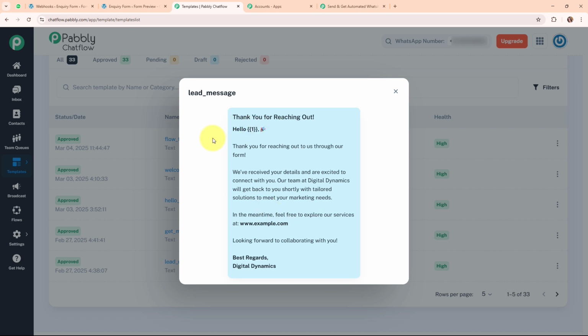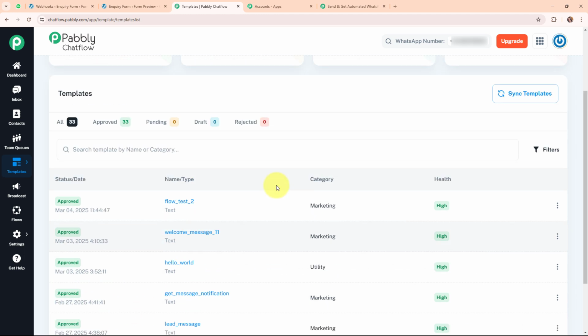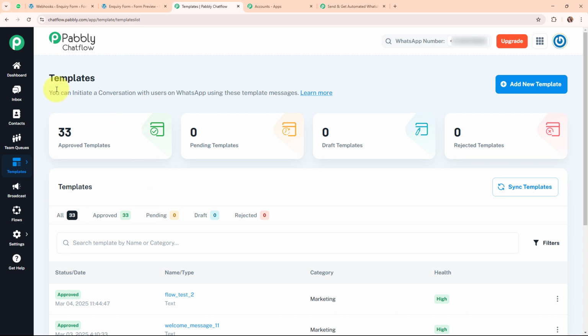Okay, so here in this case, I'm going to use this particular template that I've drafted, and here you can see the template name, that is lead message. Also, you can see the template status, that is approved. So now, before moving back to Pabbly Connect, let me tell you how you can create a template